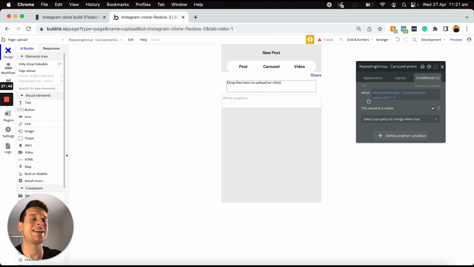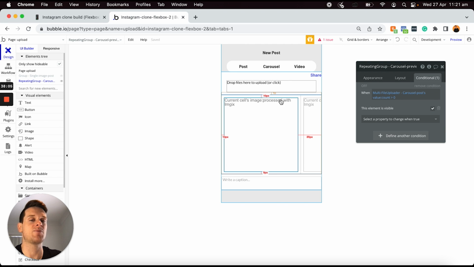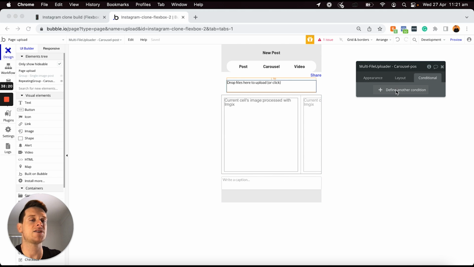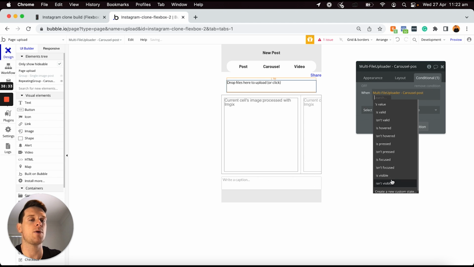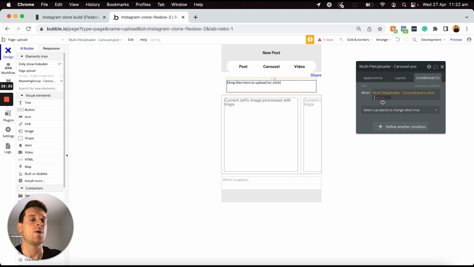And of course, I'm then going to need to create a condition on our multi-file uploader here that's going to recognize if the repeating group is being displayed, I won't want it to be displayed. Before I create that condition though, I'm just going to head to my elements tree and display my repeating group yet again, just so I can get a good sense of where it's going to sit in my overall group here. I'm then going to click on my multi-file uploader, and I would like to create a new condition on this. And within this, I'm going to recognize when the multi-file uploader carousel post, which is the uploader itself, when its